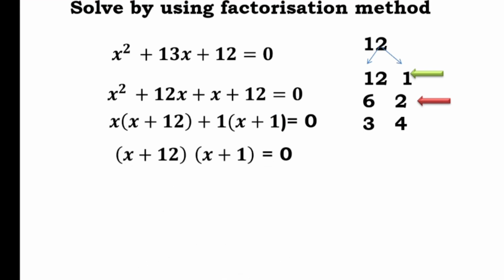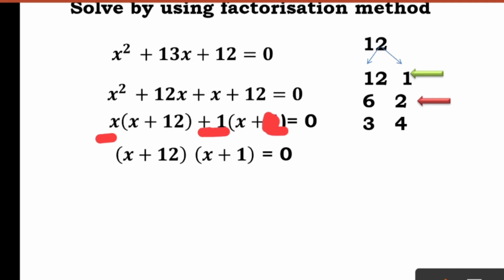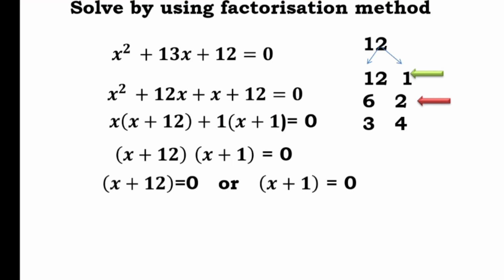So x plus 12, and what remains here after taking the common x plus 12 is 12, x plus 12, so we get this and this common as x plus 1. Therefore we'll go ahead: x plus 12 is equal to 0, or x plus 1 is 0. Again, this is the small correction which you need to understand. Okay, this is your 12. Therefore x plus 12 is equal to 0, or x plus 1 is 0.